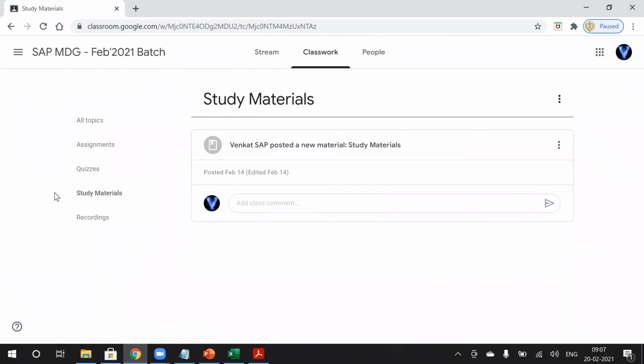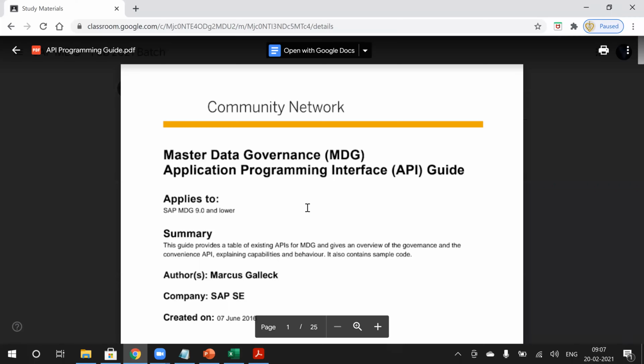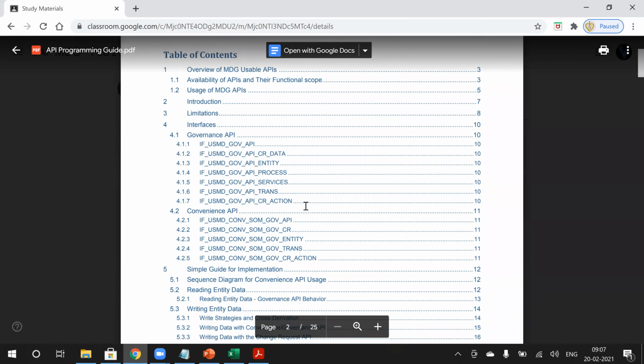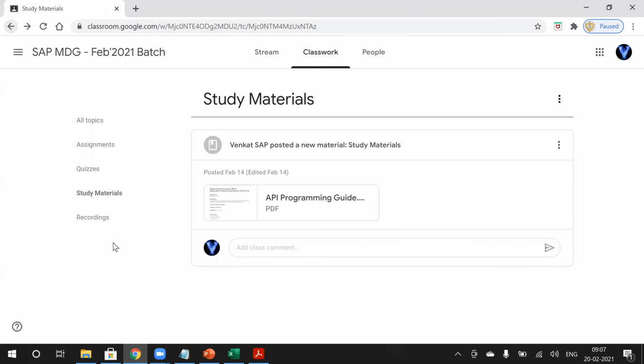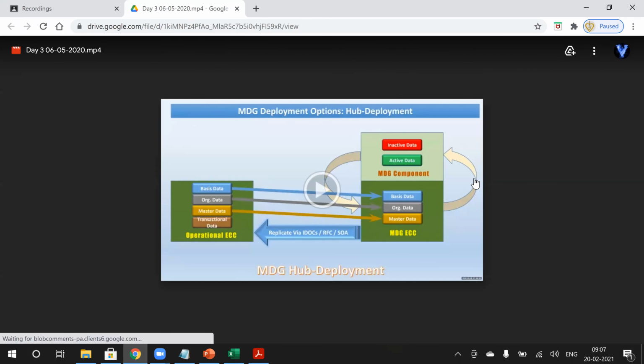And if you want to see any study materials, you can see them available here. And the session recordings, you can see the recorded sessions from here.